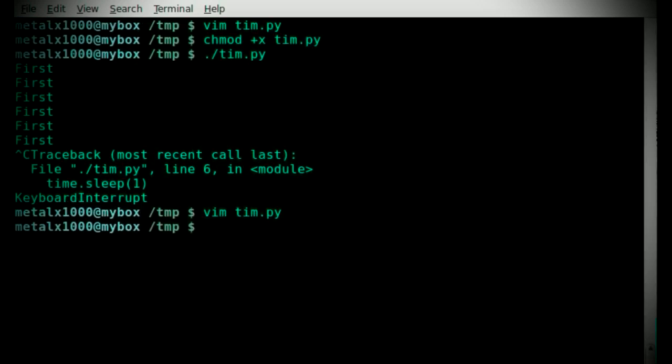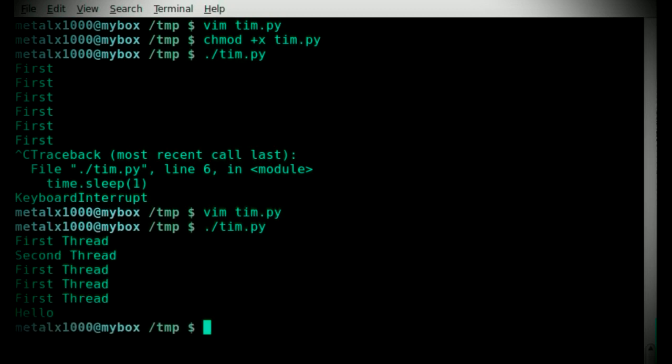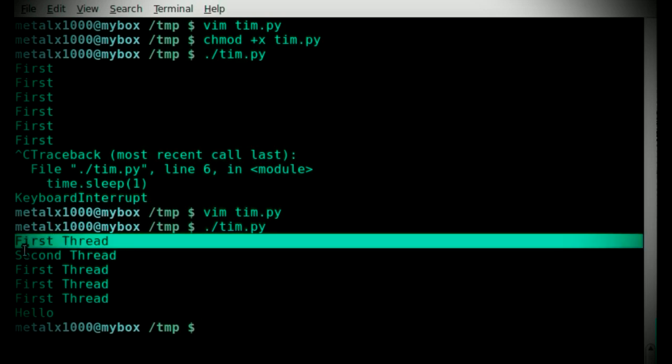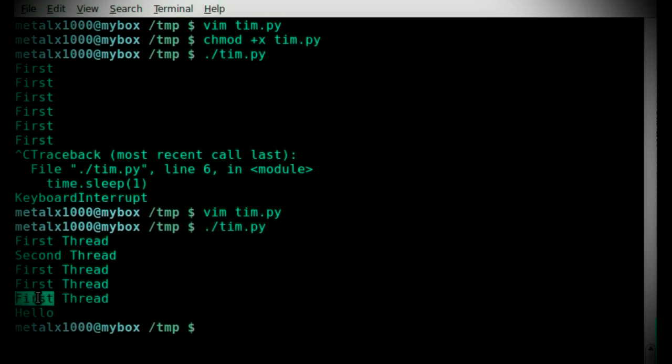Let's go ahead and save that, make it executable. Oh, you know, it already is executable, because we are still working with the same script we made executable, so we don't have to run that again. But we'll say ./ name of our script, we'll start running it, and after 1 second it says first thread. Okay, so every second it's going to print this message, which it does, and every 2 seconds it prints this message, but after, I think we said 4 seconds, it printed this message, and then exited out